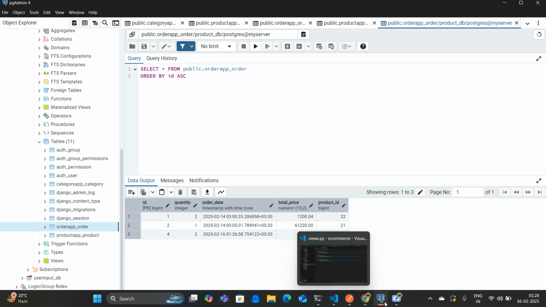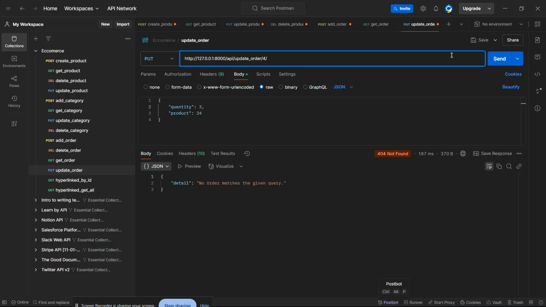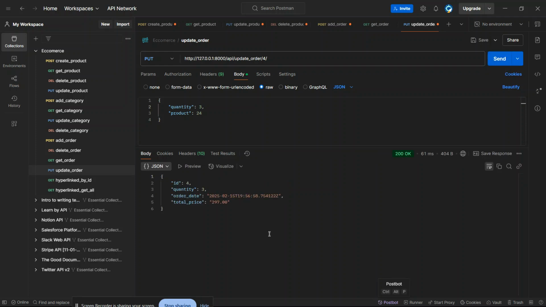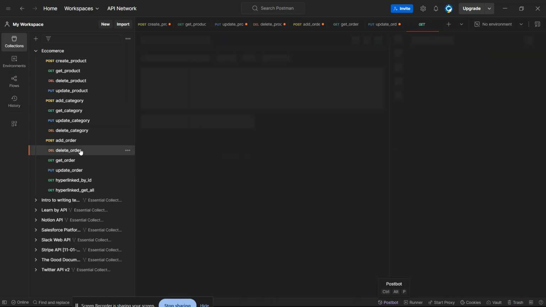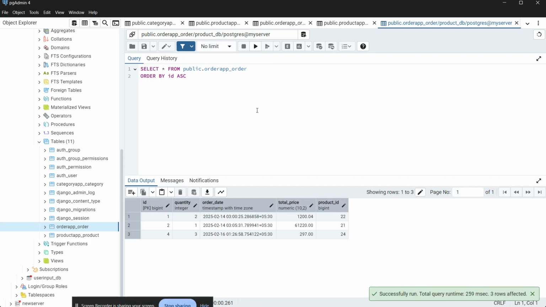Sorry. So 4 is the order. So here ID is 4, quantity 3, and the total price is 297. So my order is updated. And if I show you whether the order is updated or not, let me run again. So here the burger, the last order is updated, and the price is 297.